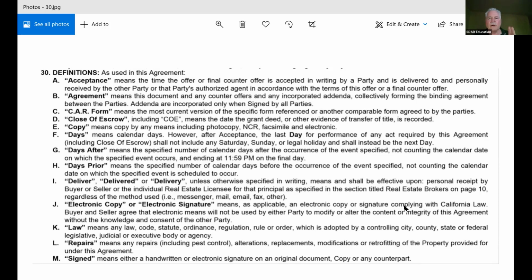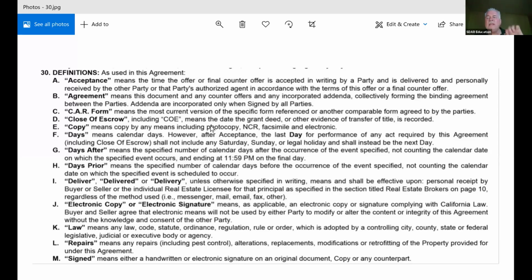Make sure you're using the current RPA. You don't have to worry about us revising the RPA until next year, right? December of next year, 2021, where we'll have the revisions done. We'll be doing training classes at SDR long before that. Okay. But you know what? We absolutely have revised the listing agreement. So that has already happened. So make sure you're using the current listing agreement in your transactions with your seller to protect your seller and then to protect ultimately the buyer downstream.